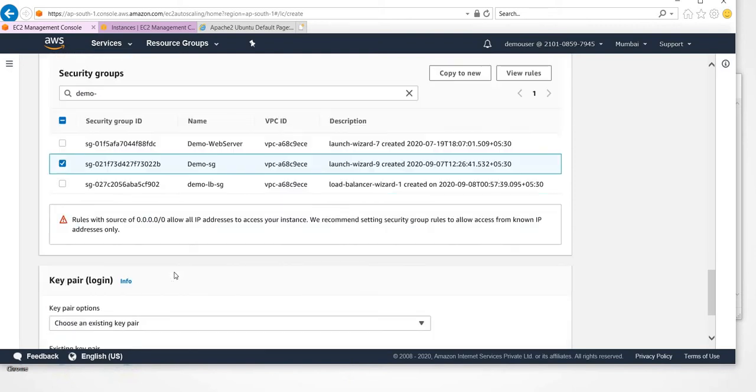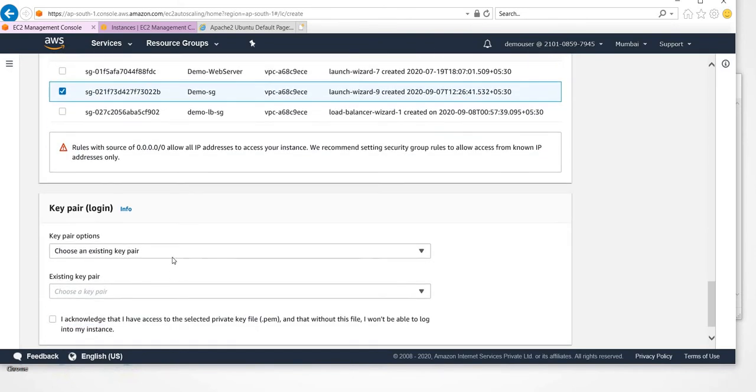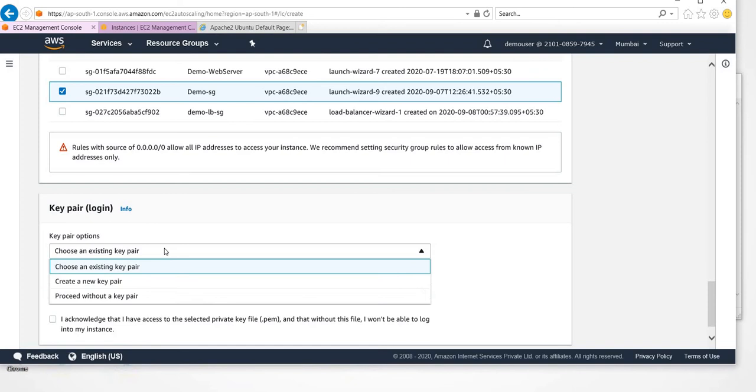Okay, I just selected that, and then the key pair. Since these instances are created automatically and terminated automatically, in the sense that during scale up it will automatically create, and during scale down it automatically deletes, there won't be any need for the user to log in.